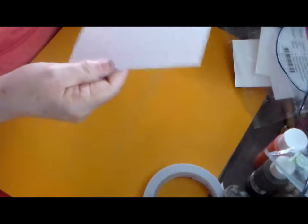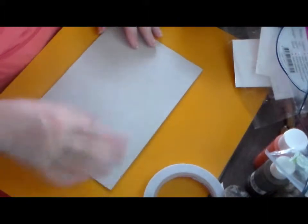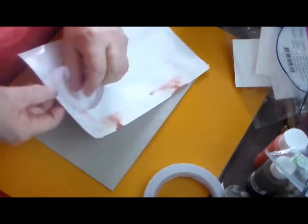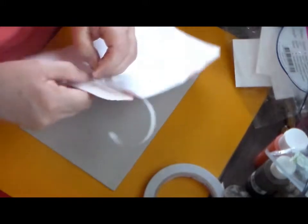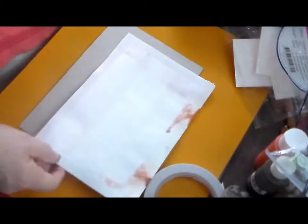And I'm going to use this chipboard, which I didn't want to wet either. That's why I'm using the score tape. So I'm going to go ahead and place the backing on this, and then I'll go and look for the front and glue the